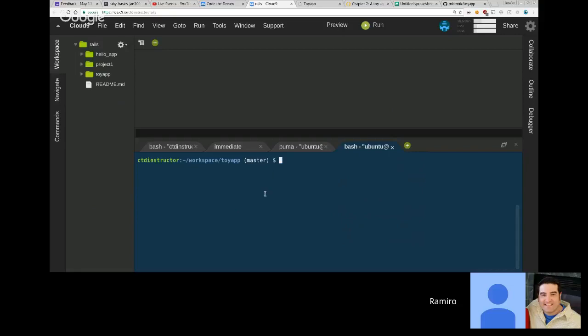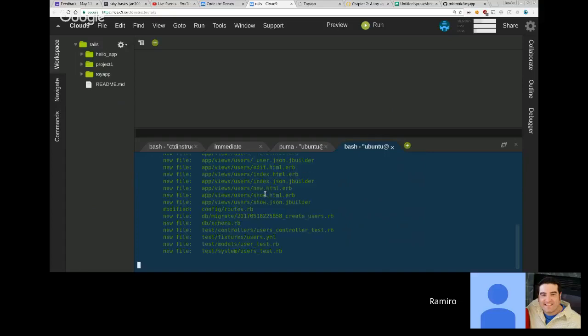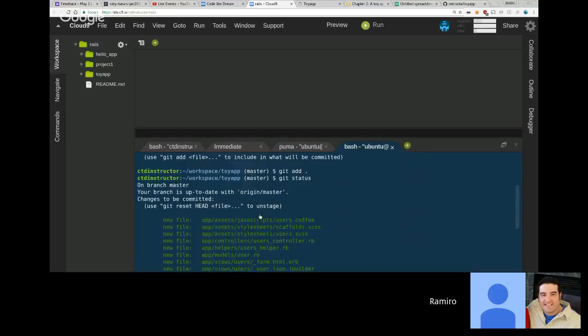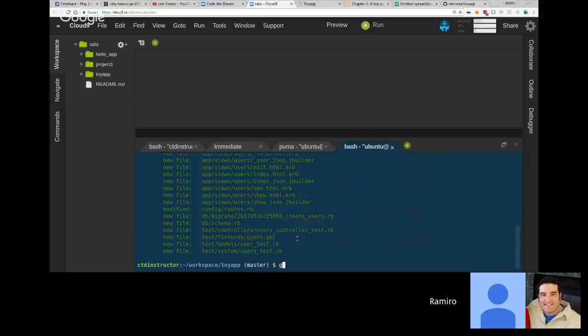All right, before I go on though and create the next model, I'm gonna commit the changes that I made. I'm gonna commit them to Git. So I'm gonna do git add dot. So I'm just adding everything, and then doing git status. You can see that it's all green. And git add